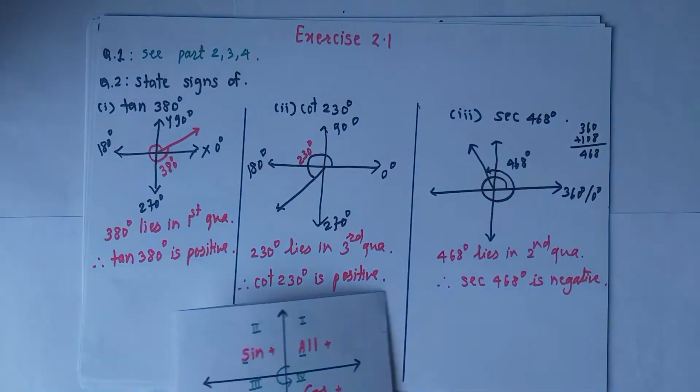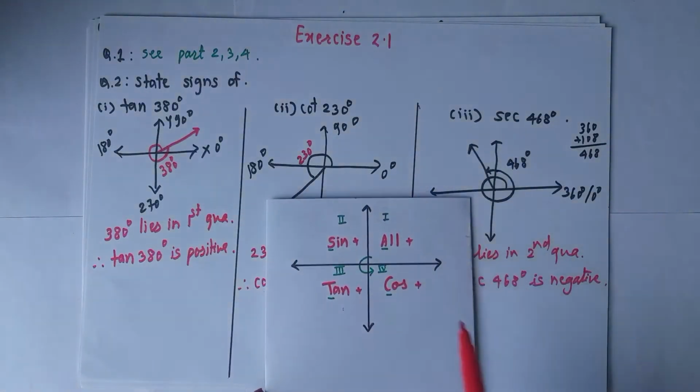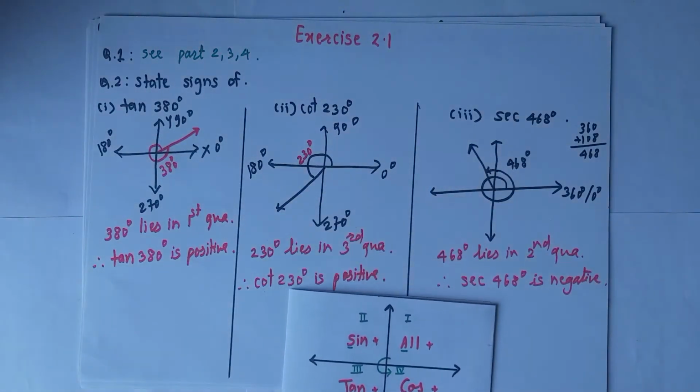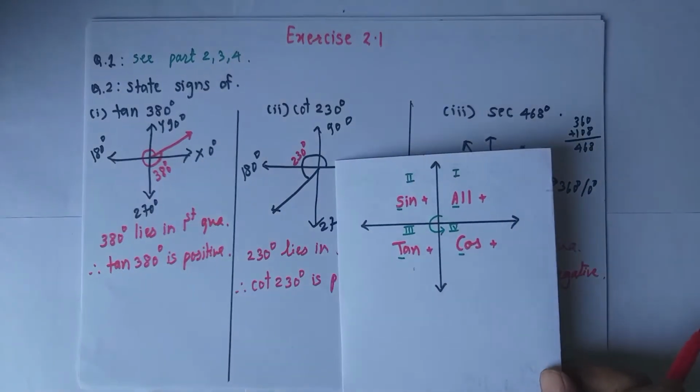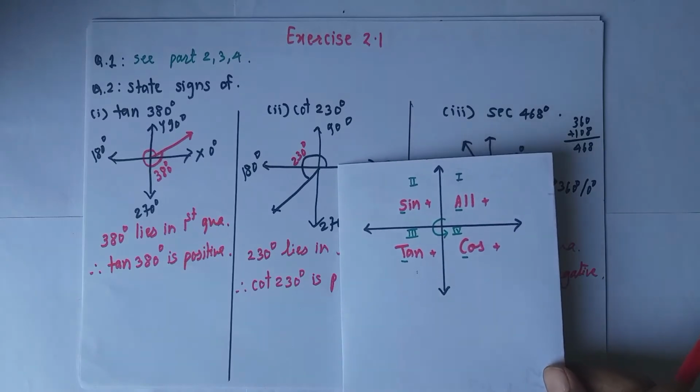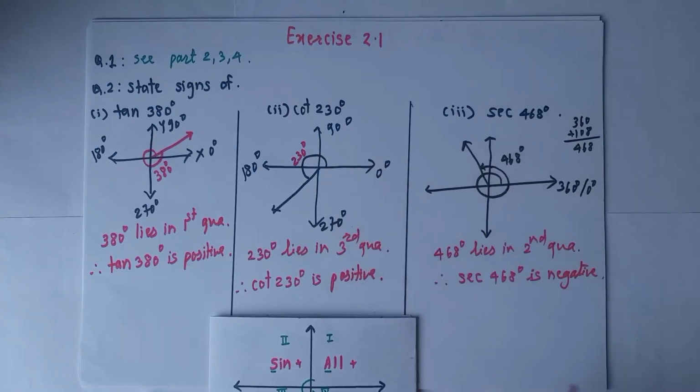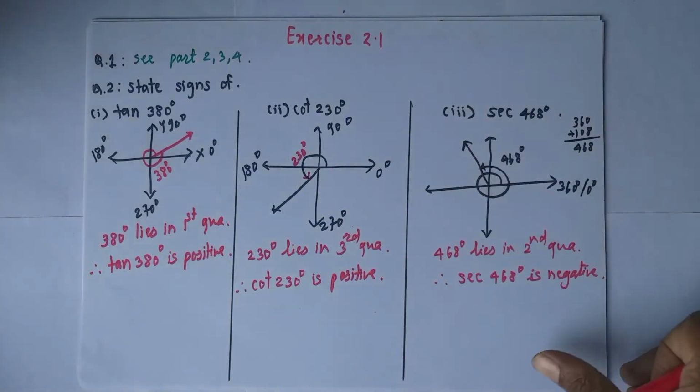Means if you know this formula, all sine, tan, cos, then it is very easy. For that, you locate that angle in its respective quadrant. See in that respective quadrant which function is positive or negative according to this rule, all sine, tan, cos, and you write down the sign of that trigonometric function. Okay students, isn't it easy? You write down this in your notebook. Then let's see the next question.